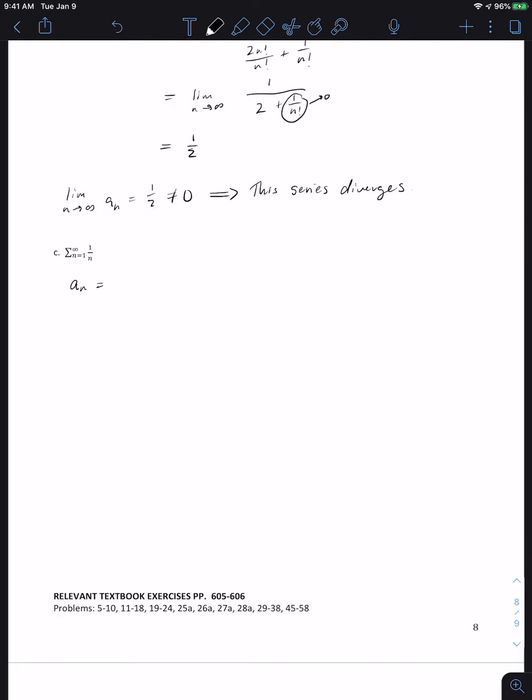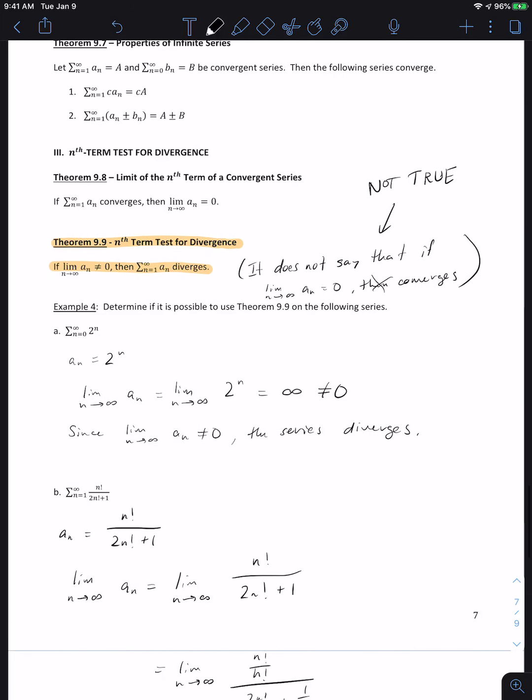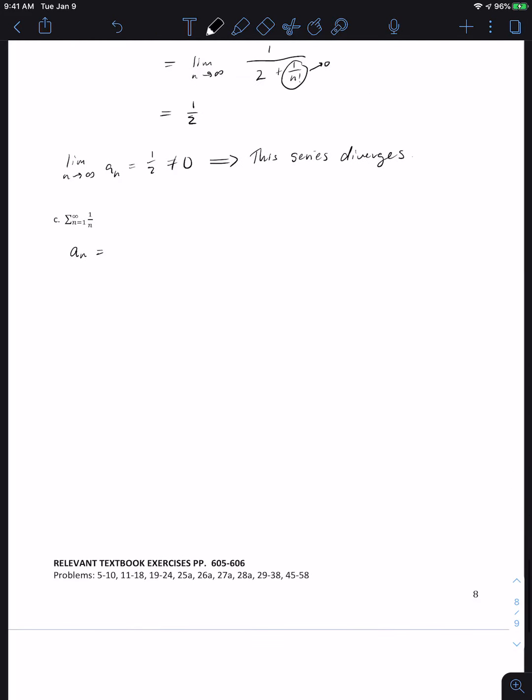Okay, so now let's look at this last example. Like I said, here's the counterexample to why you can't automatically conclude that if the limit goes to 0 then the series converges. Here our a sub n is 1 over n. So I look at the limit as n goes to infinity of a sub n, which is the limit of 1 over n, and that limit is just going to be 0. But remember, the only time we can use this theorem is if it's not equal to 0. So therefore, we cannot use